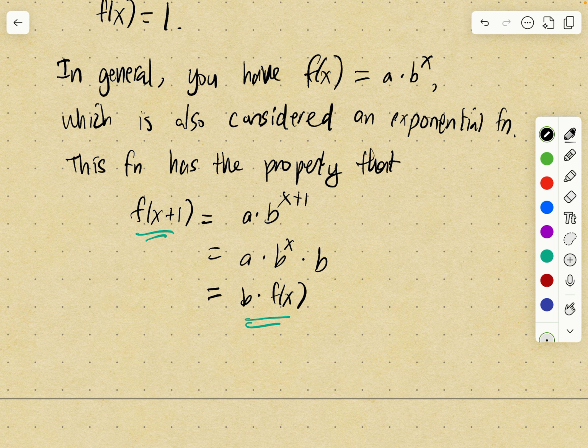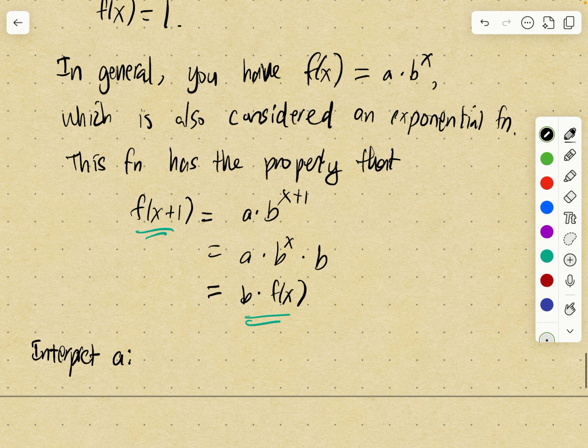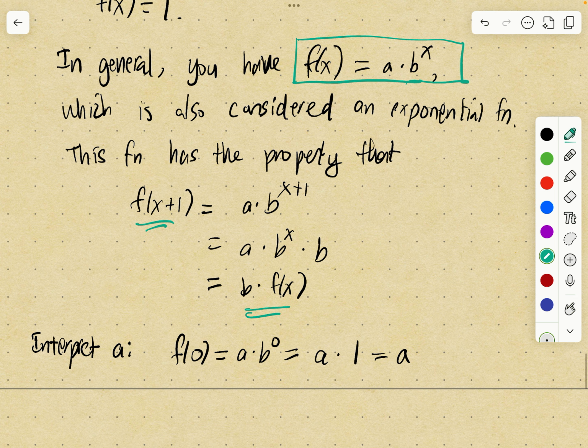Notice that what we can say about f of x, one way to interpret a is what you get when you plug in 0. So f of 0 equals a times b to 0, b to 0 is 1, a times 1 is a. So when we have a function f of x equals a times b to the x, we can interpret a as what you get when you plug in 0, and we can interpret b